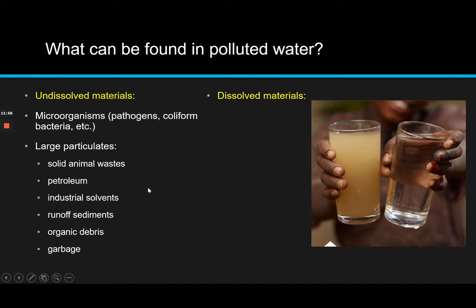Now, in terms of things that are dissolved in polluted water, those are generally heavy metals, detergents, pesticides,